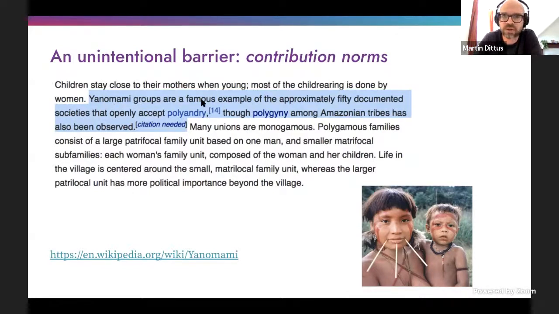And there's a phrase here where they talk about the marriage practice and the family structures of the Yanomami tribe. And it ends in this beautiful tag that we're all very familiar with, "citation needed." Now, from a Wikipedia content quality standpoint, that's a really important tag. It allows us to distinguish things that just someone said from things that we think are true because they have been assessed by a reputable source. I think this example in particular also makes us wonder, what kind of citation might we expect here?